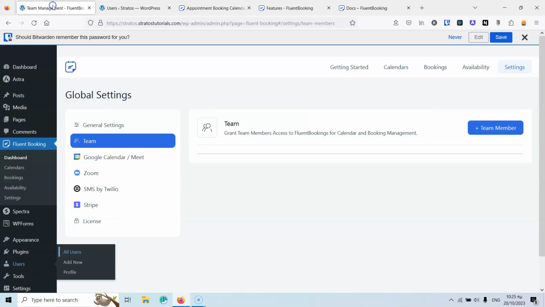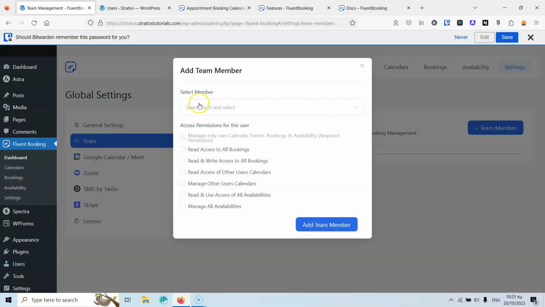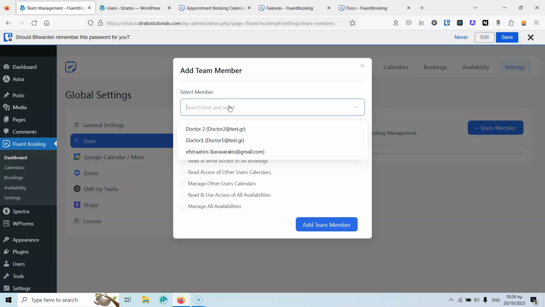So let's go back here into the team. I'm going to add the team member, and I'm going to select from the member the one that I want. And as you can see, I cannot see Doctor 3. At this moment, you cannot add subscribers. I don't know if it's going to change, but keep in mind that you have to go as an organizer